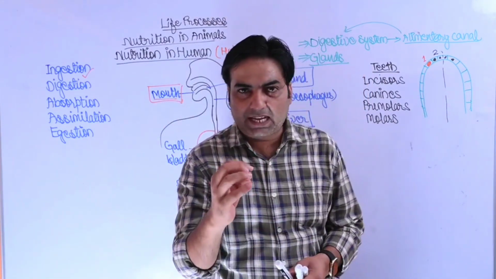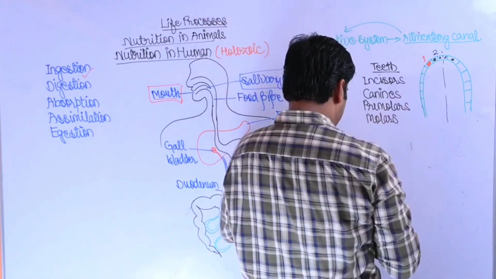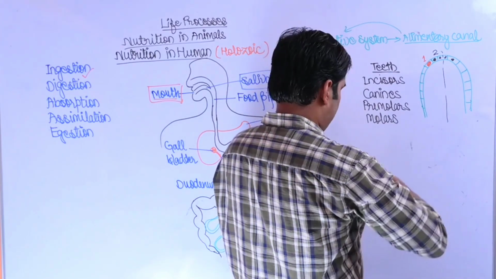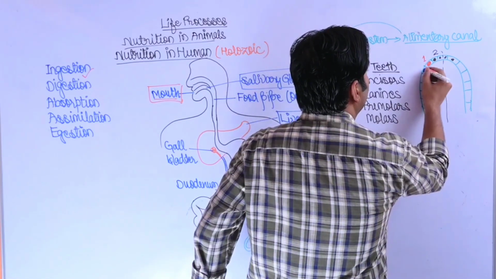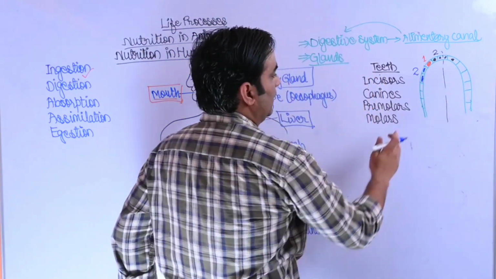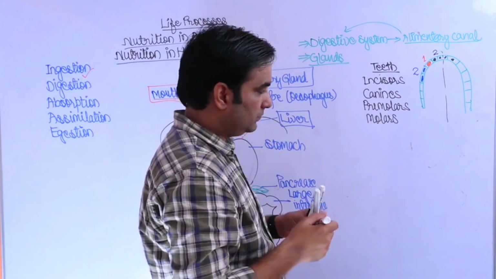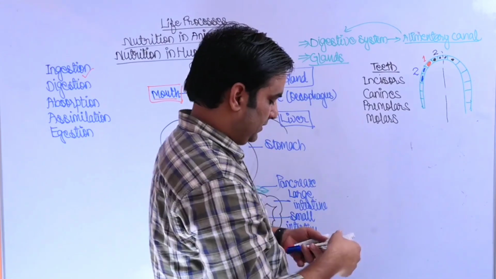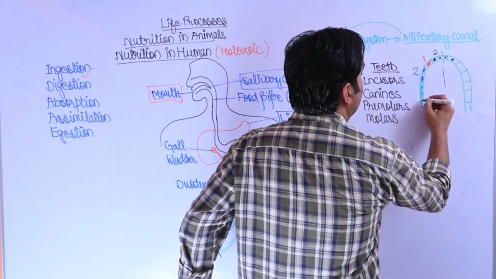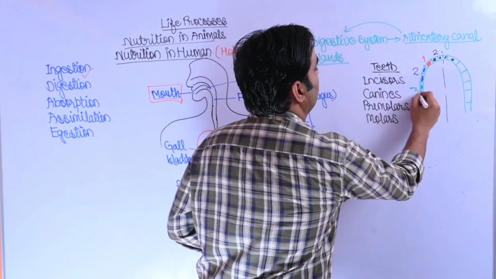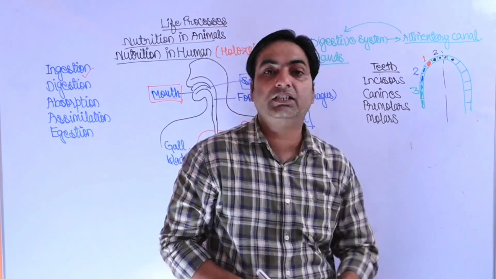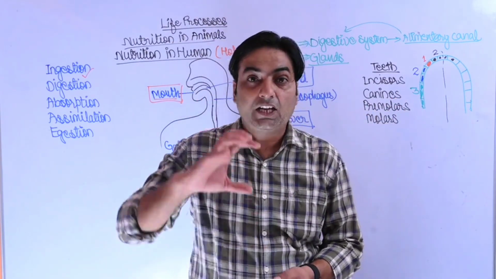Then a bit heavier teeth will come. This one, the blue one, this one and this one. These are 2. And afterward, 3 teeth are there. 3 teeth will be seen here, which are very heavy, and these 2 and these 3. These 2 are called premolars, and the last 3 teeth are called molars, which have the ability to grind the